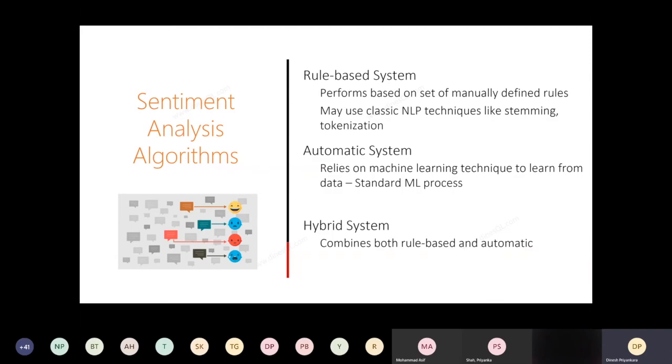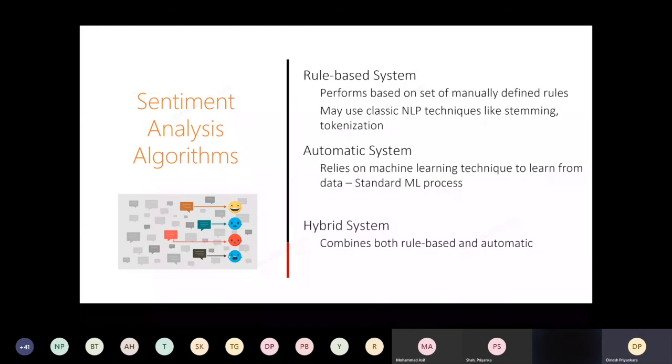Like I can take the number of words that exist in that text and see how many words relate to my first container and how many exist in my second container. So based on the number, I can say whether it is positive or negative. For example, if I have a sentence with 10 words, and I see 7 words out of 10 in my positive container, I can take it as positive. So that's called a rule-based system.